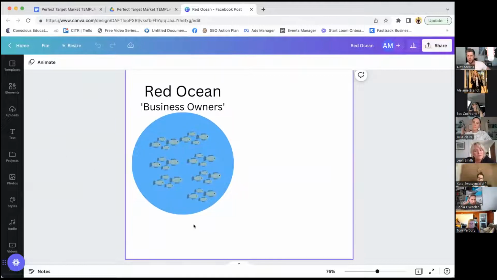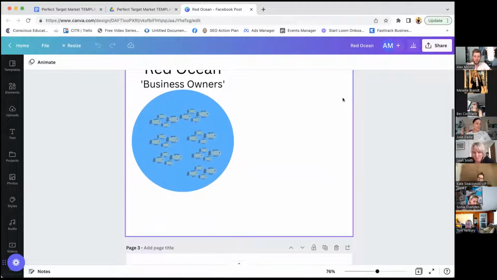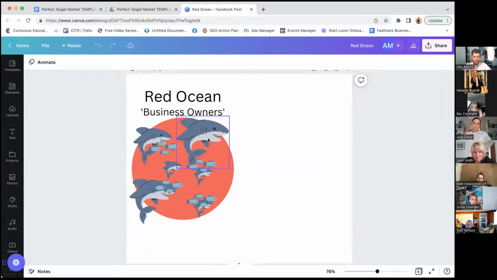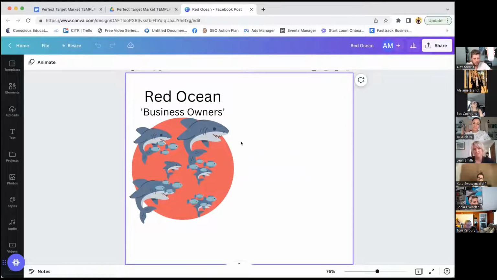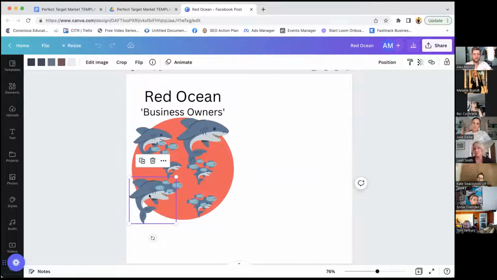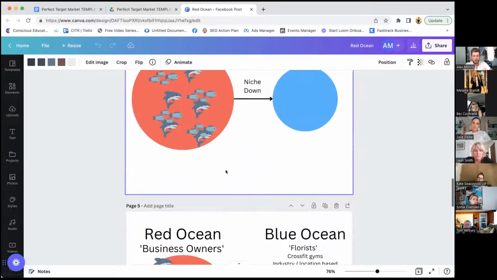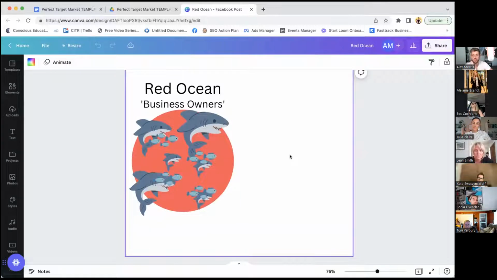What's cool about the business owners niche is that there's heaps of fish in there, right? Heaps and heaps of different fish. It's a huge market from which to take our pick. And that's a good thing. It can sound like a very good thing. There's always going to be someone to help. However, inside that huge pool of people wanting to help business owners, there's a lot of sharks feeding off them. And a lot of them are going to have much bigger budgets, much bigger audiences than we do. We're solopreneurs. We're sitting here in Australia. Doesn't mean we can't get massive, but right now we can't go out and help business owners in general because